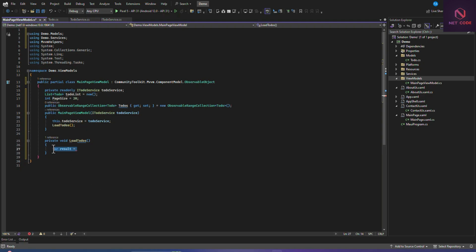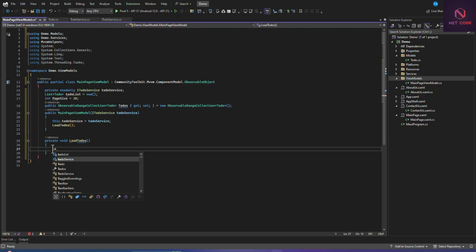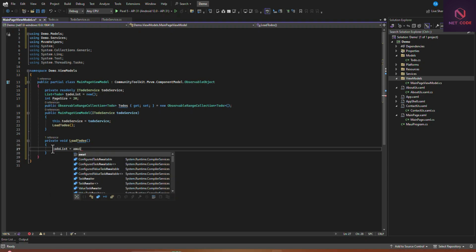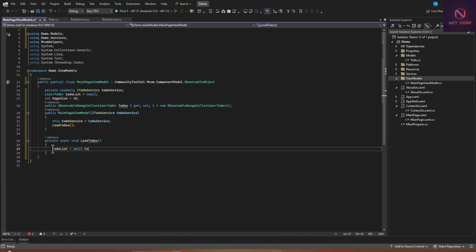So here we say that ToDo list equal to await. Now let's call this ToDo service. So ToDoService, and you can have a method known as GetToDos. So we get this from the API. So we're going to get all data from the API and I'll store it to this list.